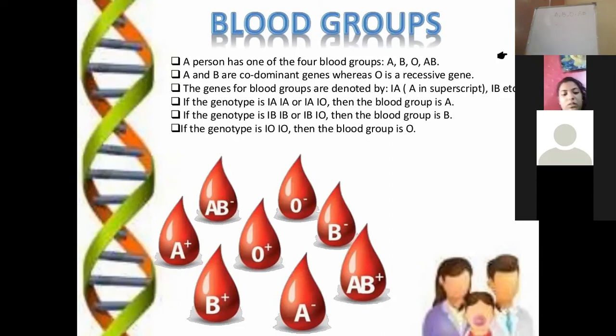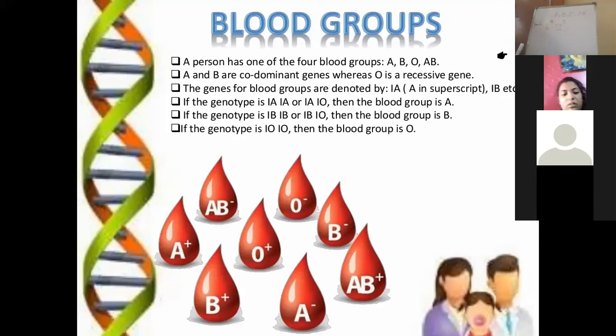So if the blood group prevalent in the child is A, then there is a chance that the gamete of the mother or father, these are the 2 gametes, one gamete has A present and another gamete has the O gene present,